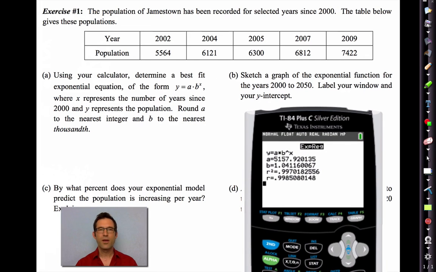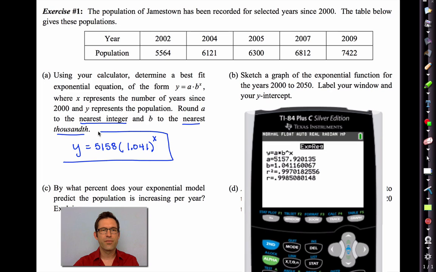All right. Well, let's see. What do I have? A rounded to the nearest integer would be 5,158. And b rounded to the nearest thousandth, we want a lot more decimals there, 1.041. So there's our model. All right. Pretty simple. I'm going to still need my calculator in letter B, where it says sketch a graph